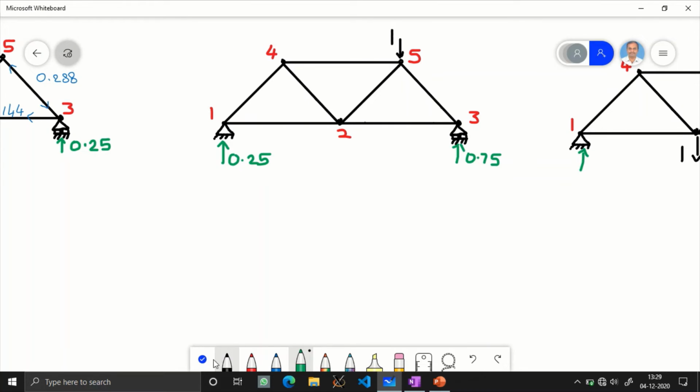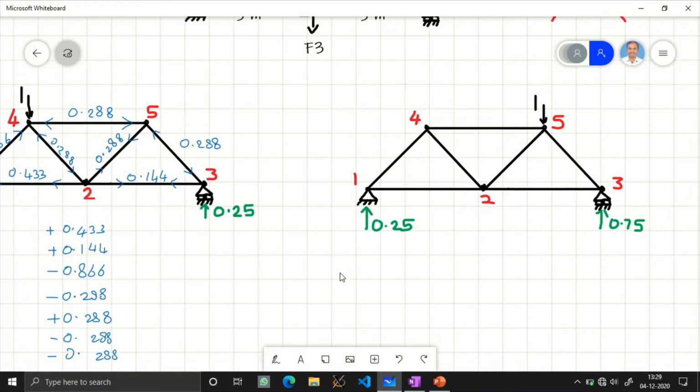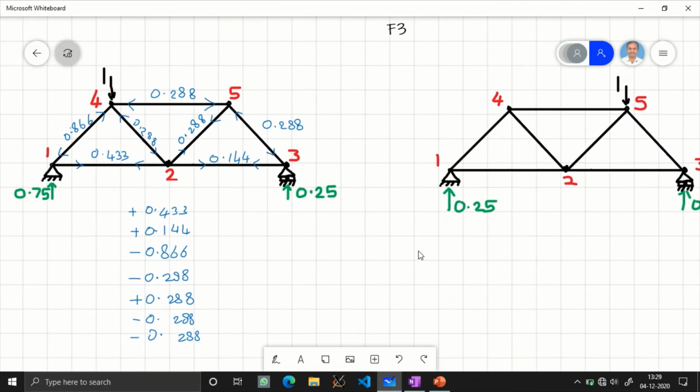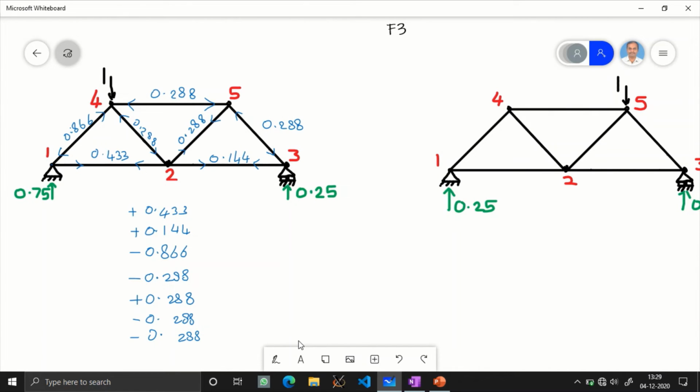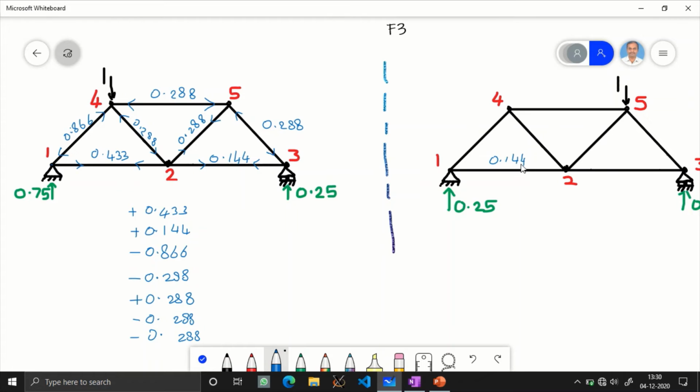When we look at the first case and this particular case, these two are actually symmetric to each other. These two are symmetric, or the second one is a mirror image of the first one. We can have a mirror line here. If this is a mirror line, and these two are mirror images, so the forces will also be mirrored. Like near the mirror I will have 0.144, so this value is 0.144, and away from the mirror I have 0.433, so here also away from mirror I will have 0.433,